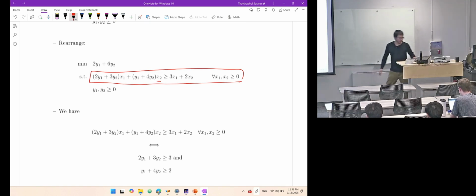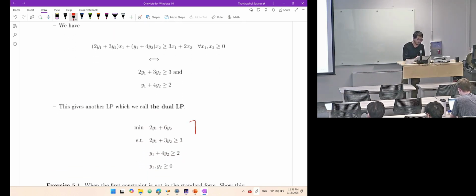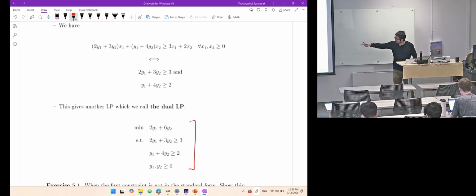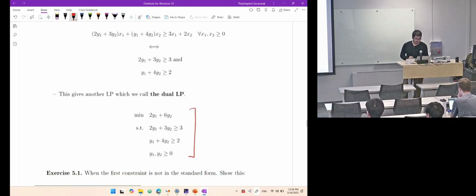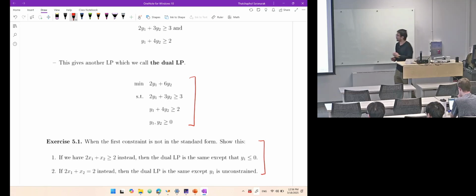So with this, now you can just say that this is what you need. And isn't it an LP? This is an LP. And this is what we call the dual LP. From the primal LP, you can derive another LP, which is this one, and we call it dual. Okay. And by the way, I did this for the primal LP, which is